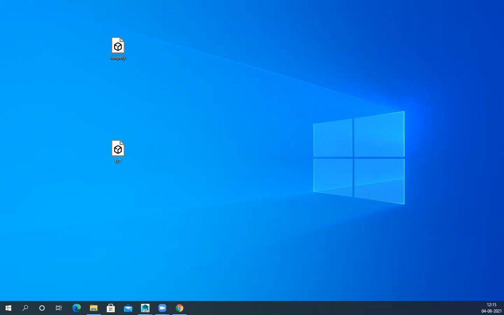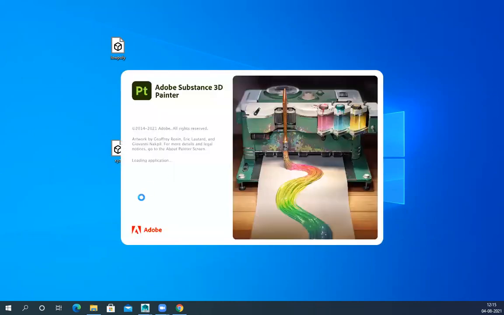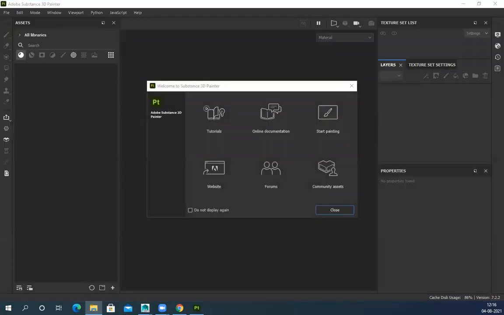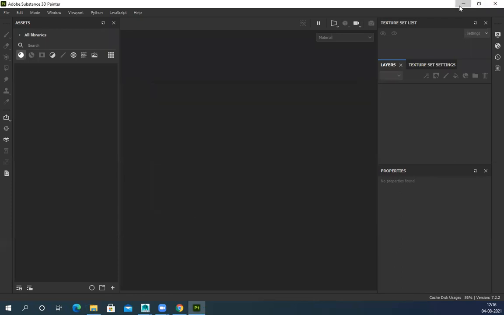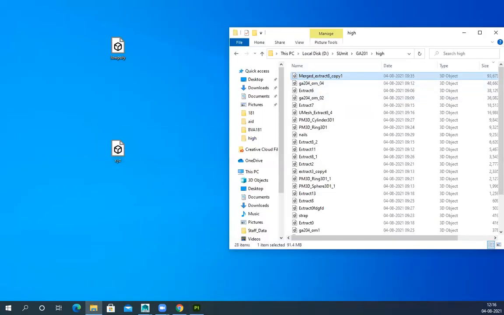Let's go to Substance Painter. One more thing I have to check is that chest part, that armor in my high poly. It should have a proper poly group separation. I just cross check it quickly. I just merged this one. Okay, this one is the merged part. I have to cross check it. It should have all the poly groups, otherwise it won't have all the information. That's the main thing I want.